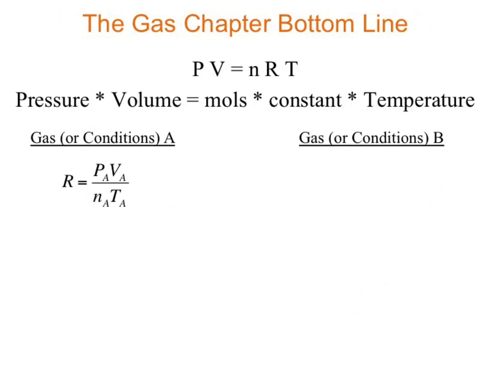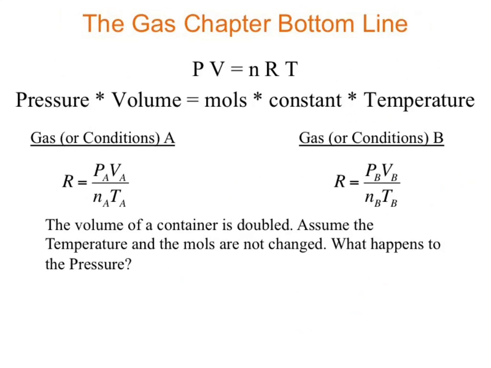What happens if I change the conditions? Okay, well now my pressure, my volume, my moles, and my temperature all change, but what happens to the constant? Stays the same. Why can that be helpful for me? What is R in both those cases? A constant, the exact same. So I can go through and start to generate relationships between these. So if I double the volume of a container and I assume everything else stays the same, I can set these two equations to each other and simplify them to relate just the pressure and the volume. Is it just pressure and volume? And I can determine that my pressure in this case would